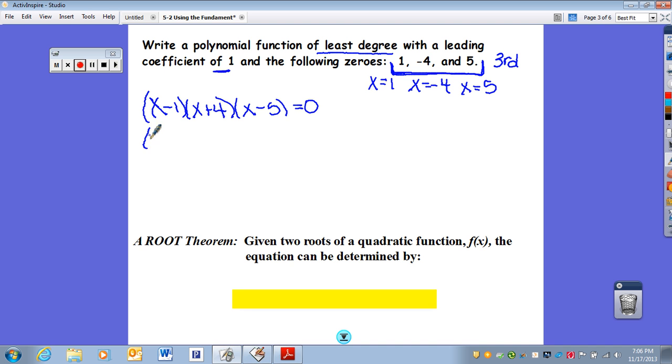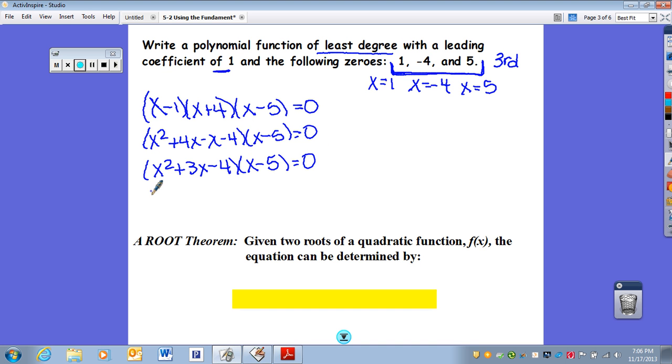So if I FOIL these, I have x squared plus 4x minus x minus 4. And when I simplify that quadratic, I have x squared plus 3x minus 4, and I want to now multiply that by x minus 5. So then I'll have x cubed minus 5x squared plus 3x squared minus 15x minus 4x plus 20 is equal